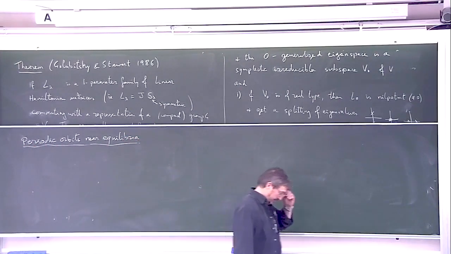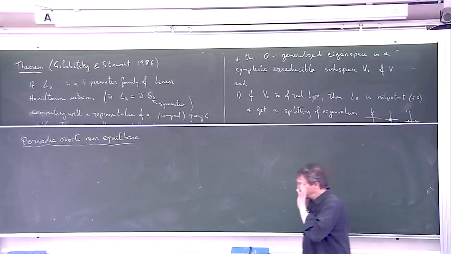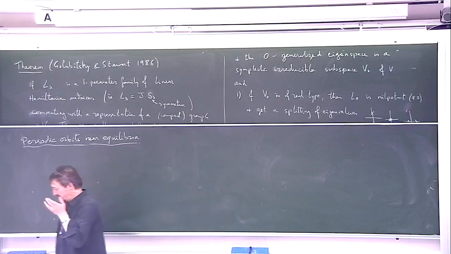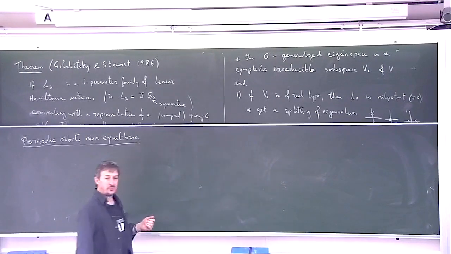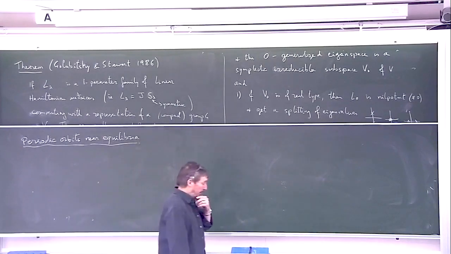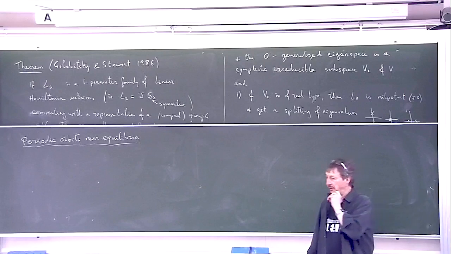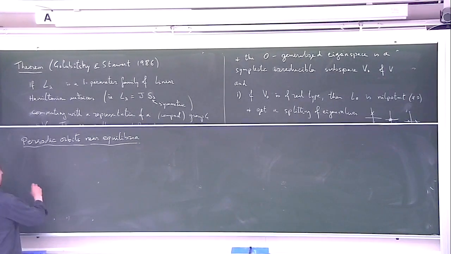So this is a similar philosophy to bifurcations, but it's not a bifurcation problem, although there are bifurcation questions associated to it. But I just want to talk about what we know about existence of periodic orbits near equilibrium points. So, recall